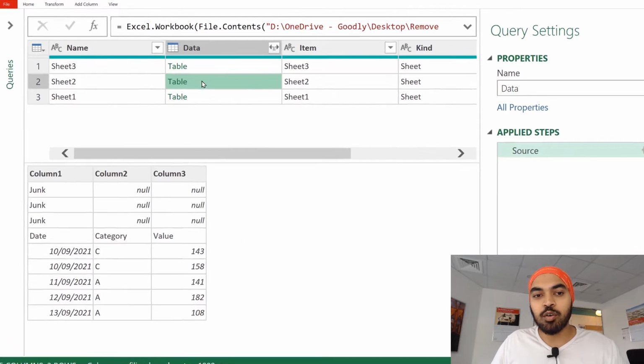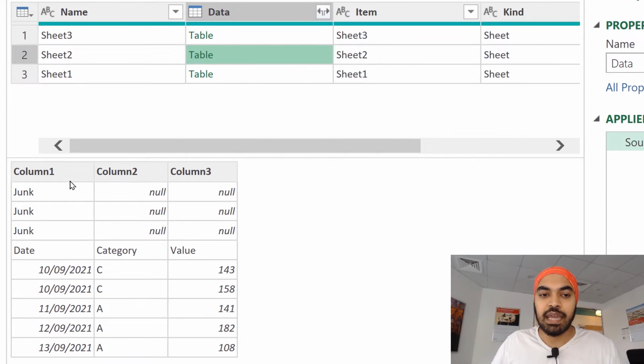Please take a look. If I take a look at the second table right here, in this particular table, you can see that we have 3 junk rows on the top. How do we identify an unequal number of junk rows? Let me build a very simple check. What I'm going to do is build a check something like this.